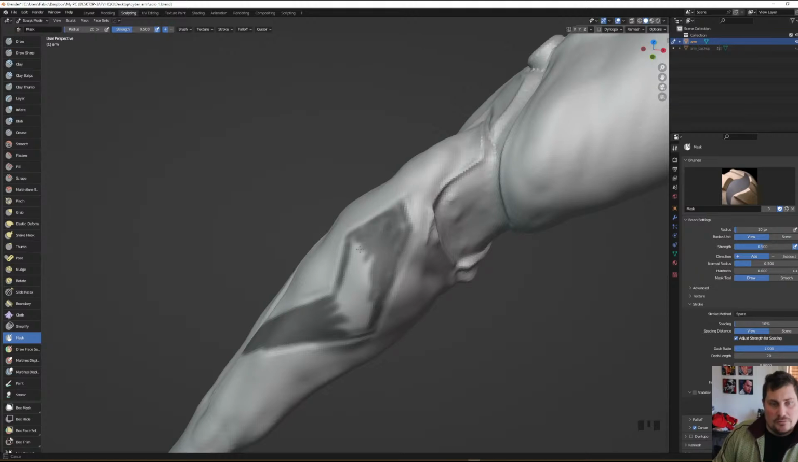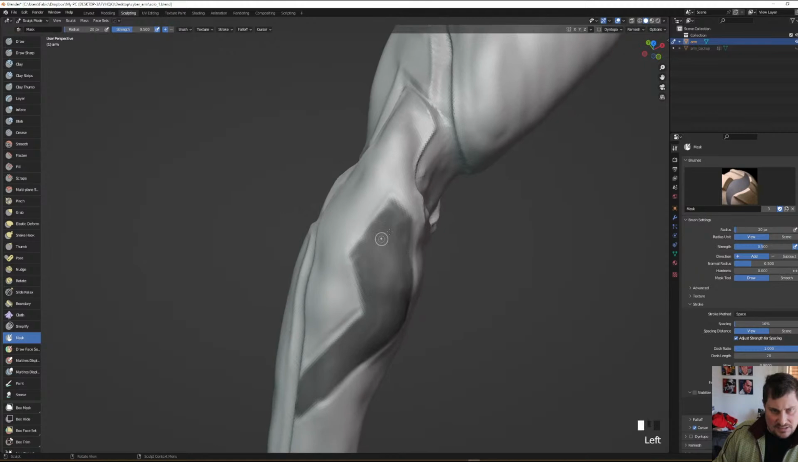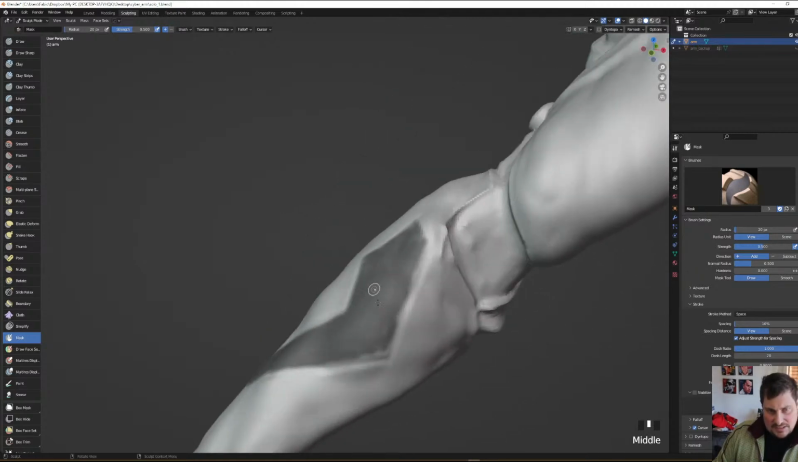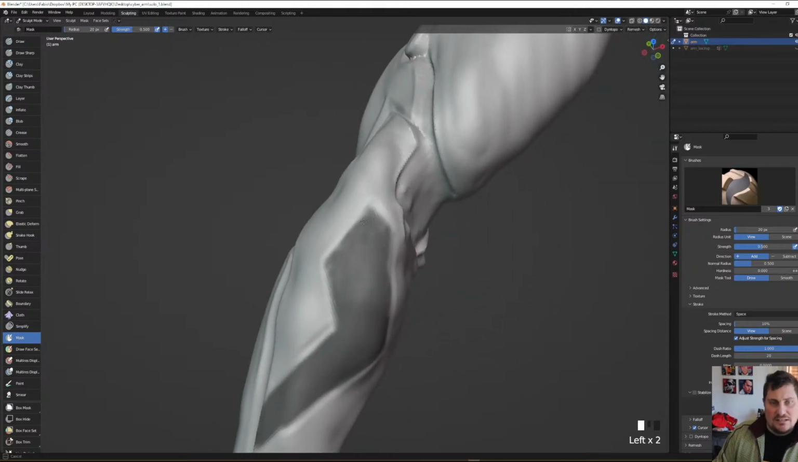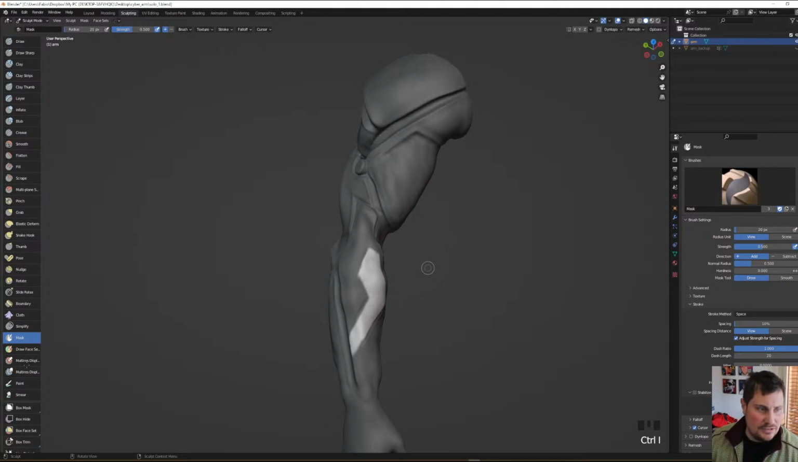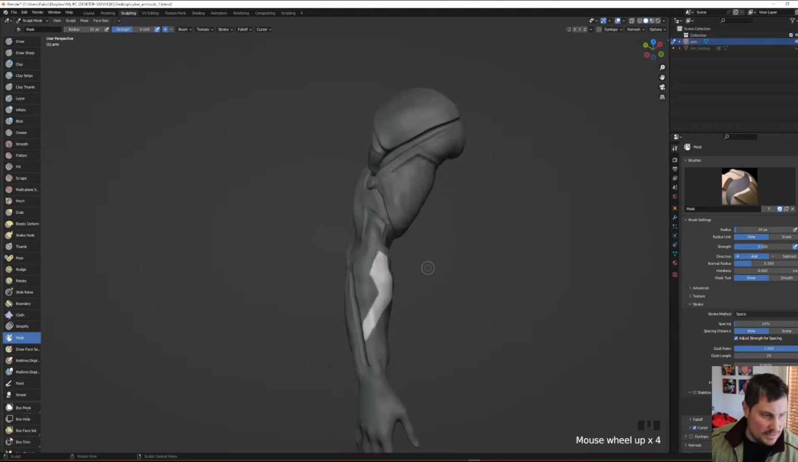Just to get the geometry selected. Select the geometry, mask it, select it, mask it. Great. So Control I to invert, and then I go into my